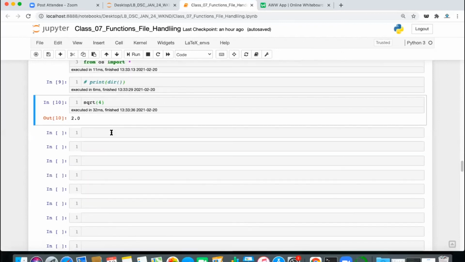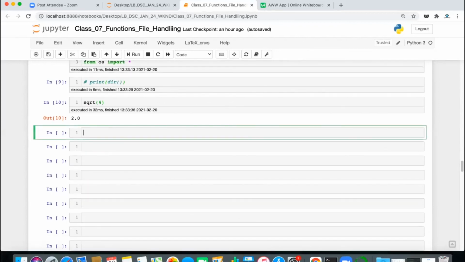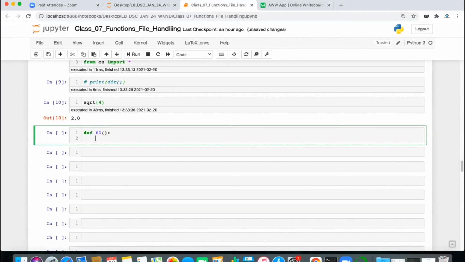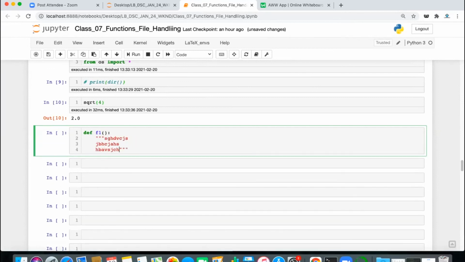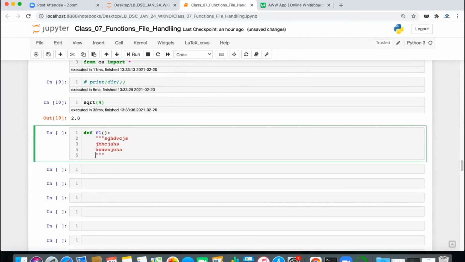One thing I missed is the documentation. This is a simple thing. When you define any function, anything that you write in the very first line and keep inside triple quotation marks is considered the documentation of that function. Then you can write the code here.